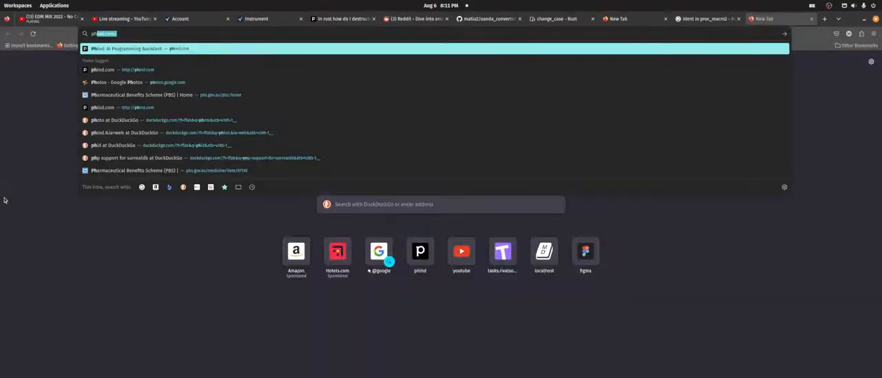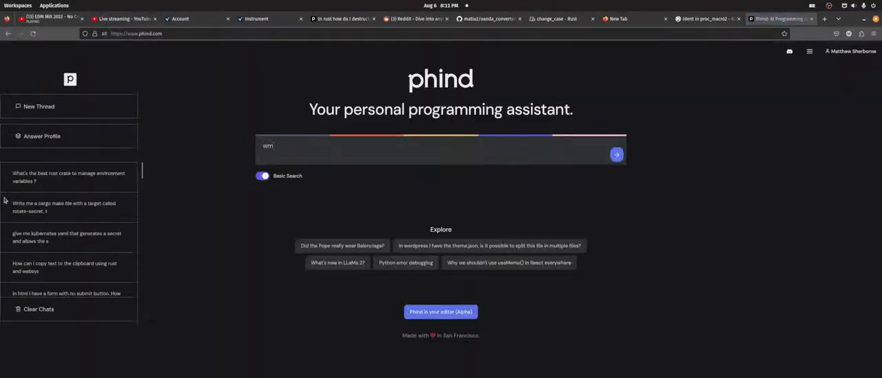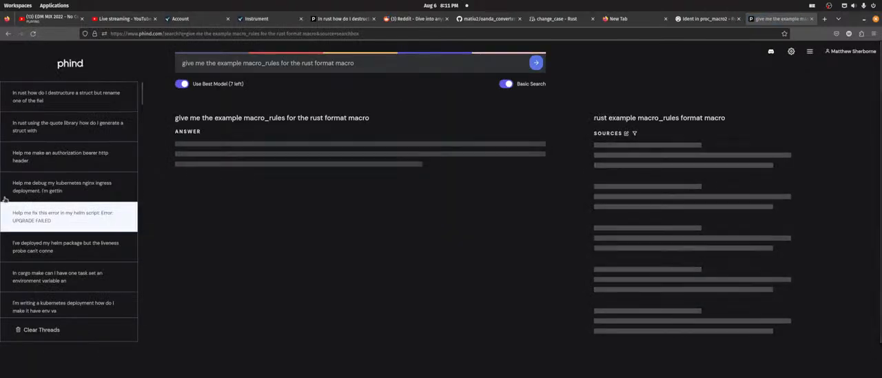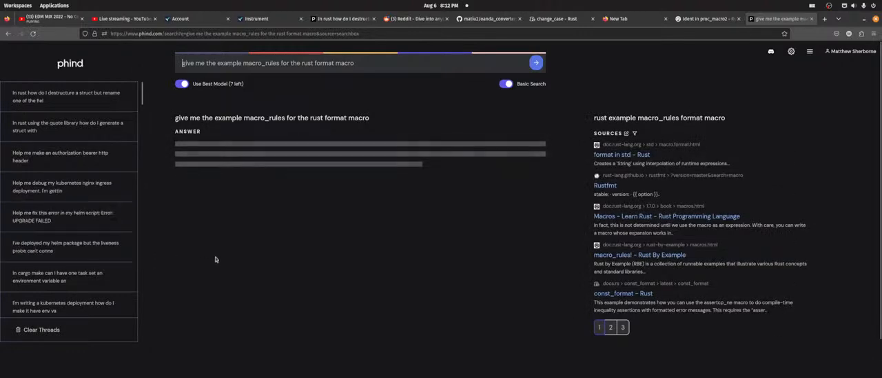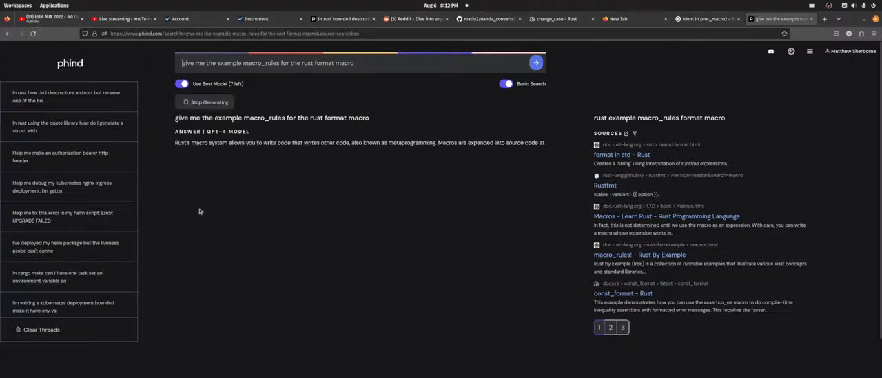Bam, I just have the robot give me the macro rules for the Rust format macro. I don't know if that's the nice way to say it, because basically the input's going to be the same as the format macro, just the outputs are going to be different. Yeah, none of the